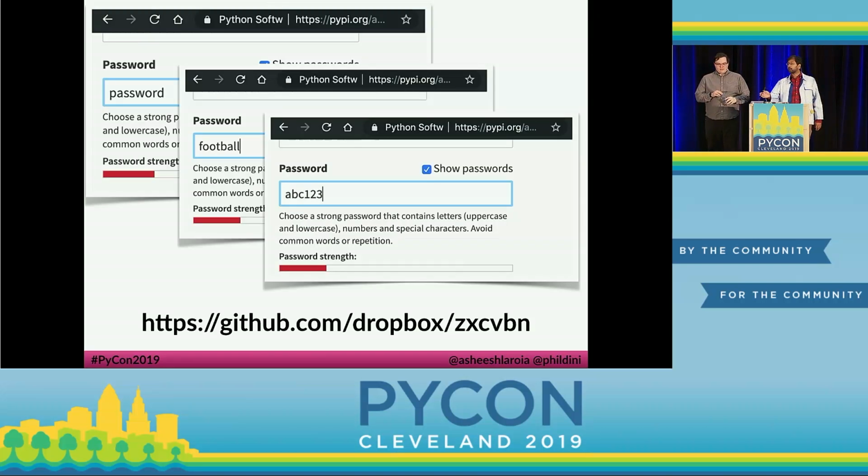So here is the Python package index account creation form. I've entered 3 of those top 100 passwords. And the Python package index has a password strength meter at the bottom that prevents you from using them. They're using Dropbox's open source library called